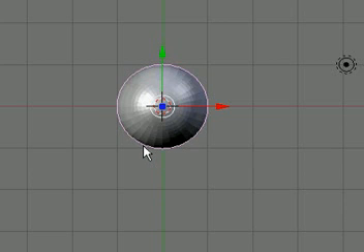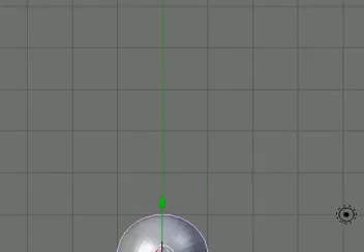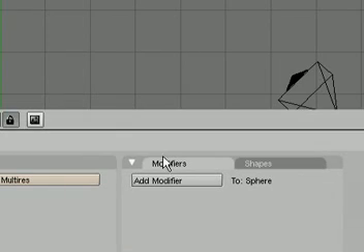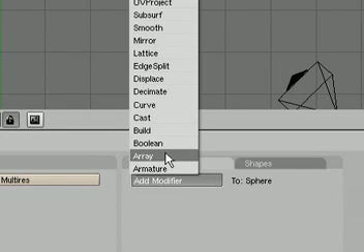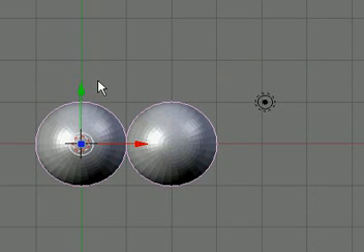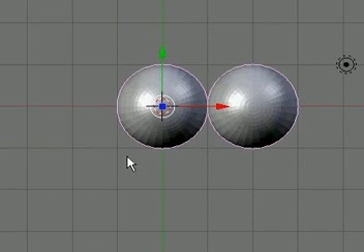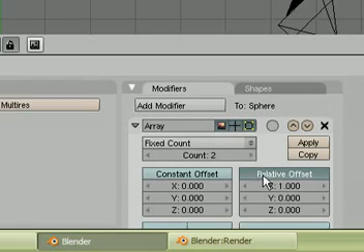Okay, we'll go down here to modifiers, click on modifiers, and go to array. Click on that. As you can see now, there are 2 UV spheres. Now, with arrays, you can create different or multiple objects. Basically, it mirrors or duplicates that object, and you can set different preferences to that. So the option is down here under that little array topic,